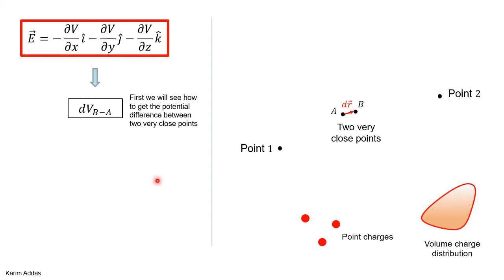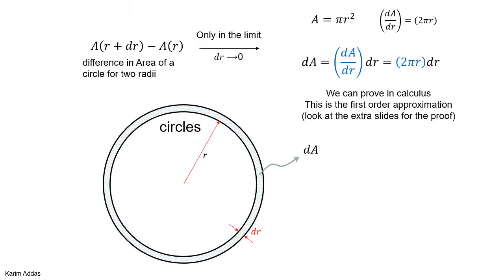So we said in the outline that we need to take 2 points that are very close to each other and find the difference in potential between the 2 points. For instance, what is VA minus VB or VB minus VA? 2 points that are separated by a very small distance. The idea of getting the difference in the value of a function when the variable changes only a small amount,